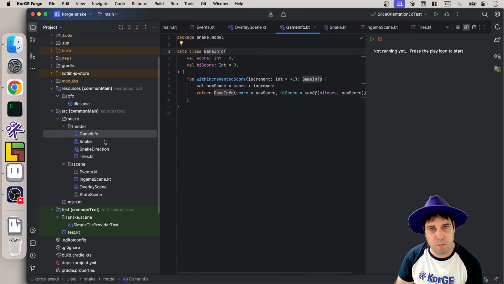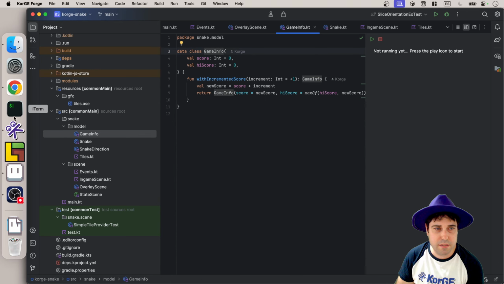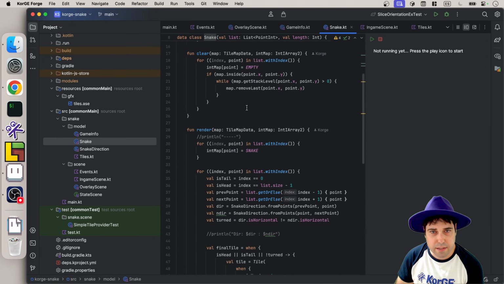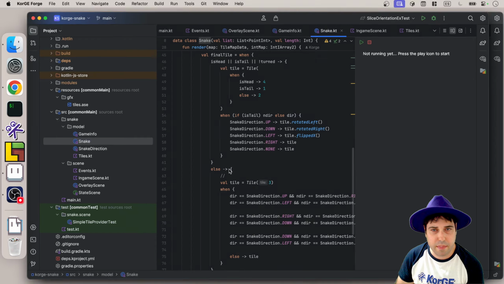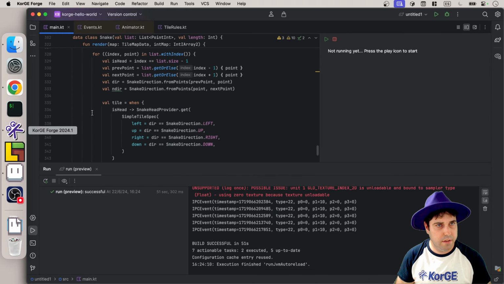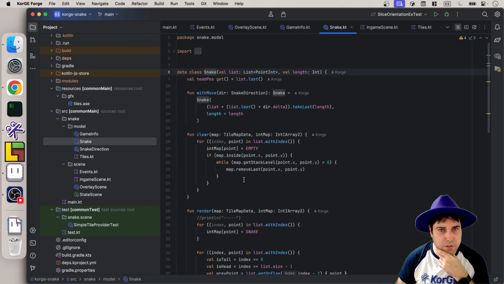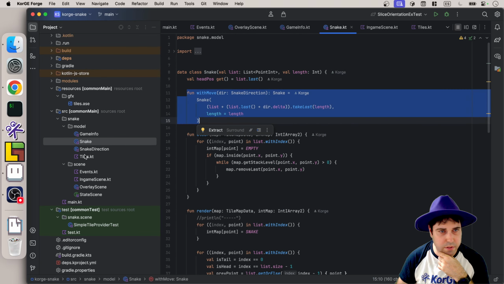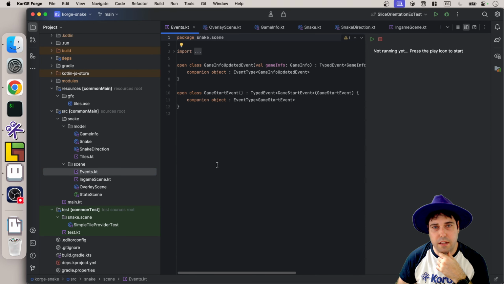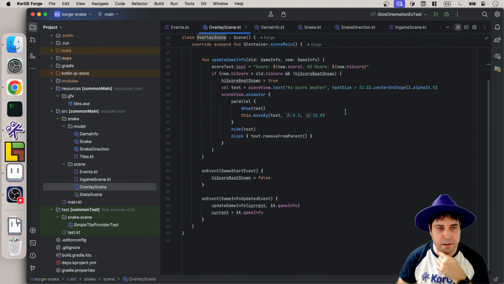So here we have the model that doesn't have anything to do with rendering. Here we have the game info, that is the game score. Now we have the snake. Here I didn't implement the new rendering code. I will copy it later. And what else? So this is for the snake, and this is probably different. The snake direction is here. Here we have the events. Here I did it differently. The overlay here only